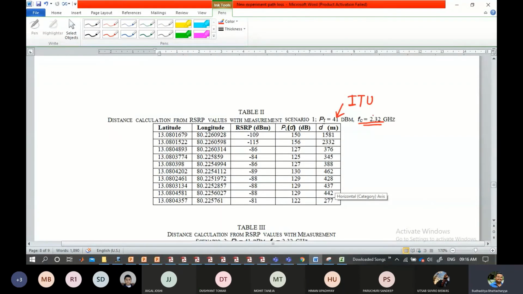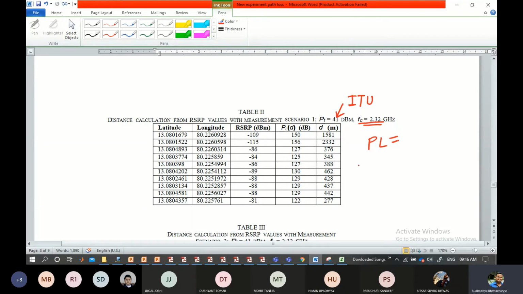Based on this, the FC is known, PT is known, so you can substitute and get the PL from the model that you have mentioned. So PL is calculated one by one over here. D also you have measured using the process that I told you.